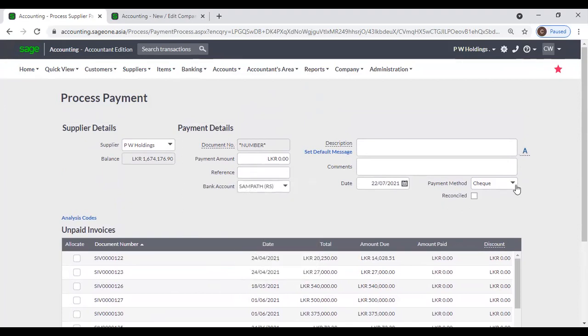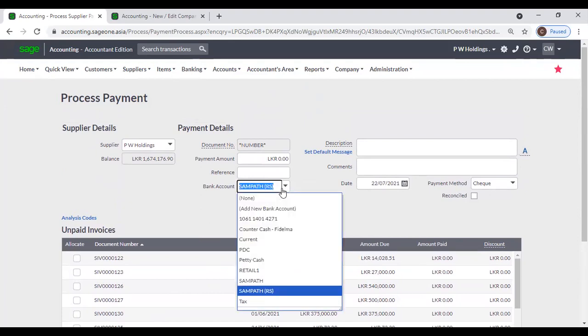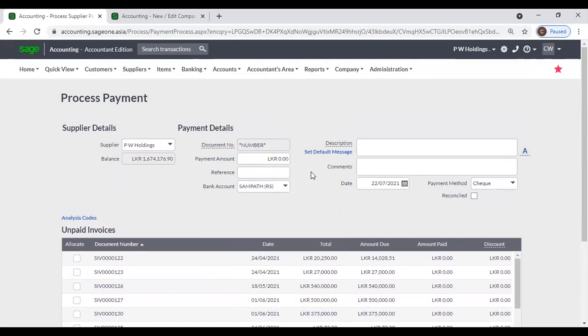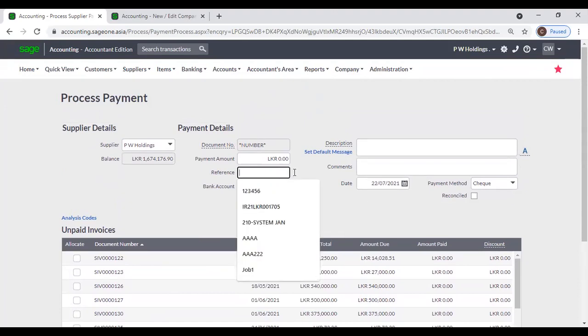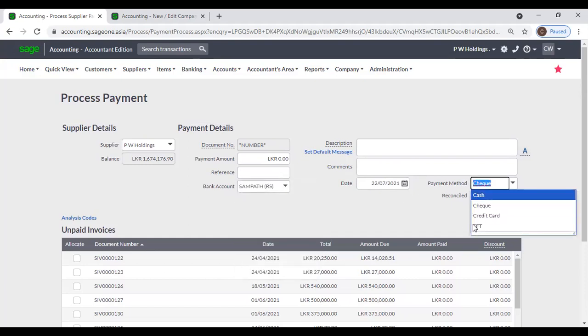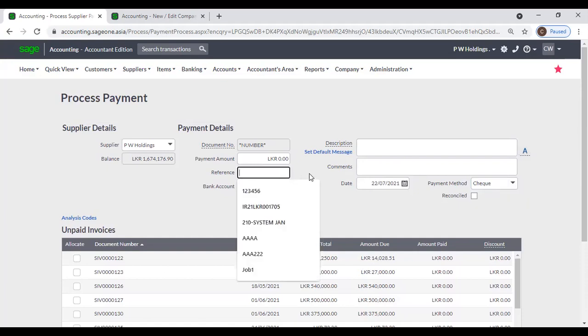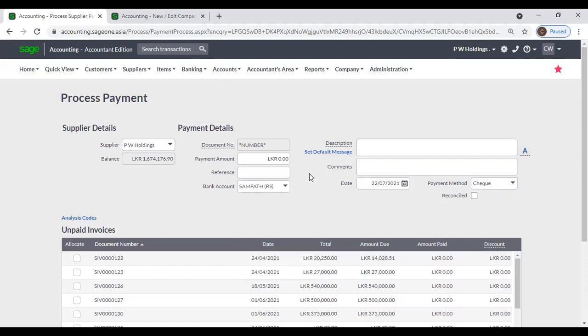Now you can select payment methods: cash, check, credit card, EFT, and you can enter the payment date. From here you can select the bank account, and if you are paying by check, you can enter the check number as the reference number, or if you are paying by credit card or EFT, electronic fund transfer, those reference numbers you can enter here. And the payment amount you can enter here,